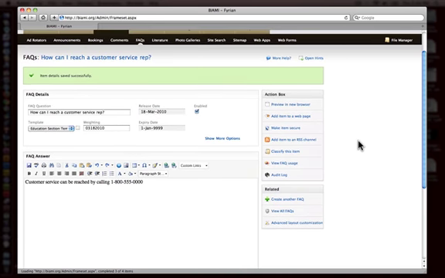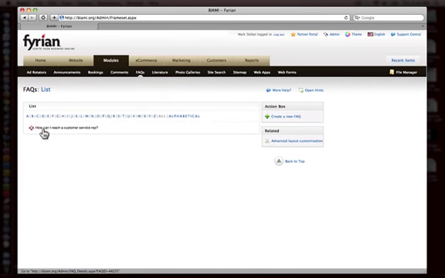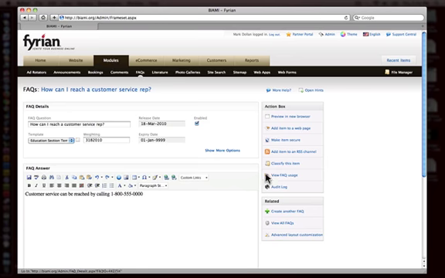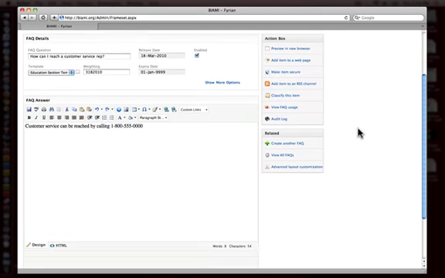Let's say down the road, let's go back to the list here so we can see this item in the list. You'll see here that that's the one that I just created, is now on the list. Let's say down the road I don't want that one in there anymore. I want to delete it entirely. If I click on it, it'll bring me back to this form, and I just scroll down here to the